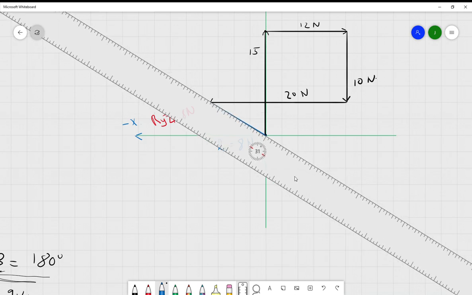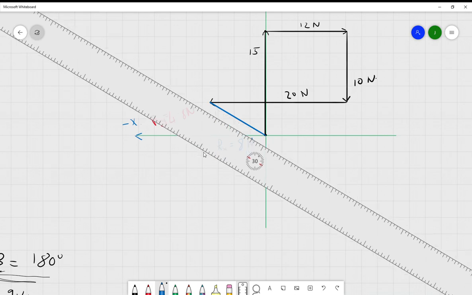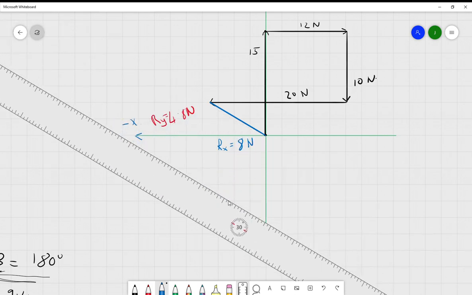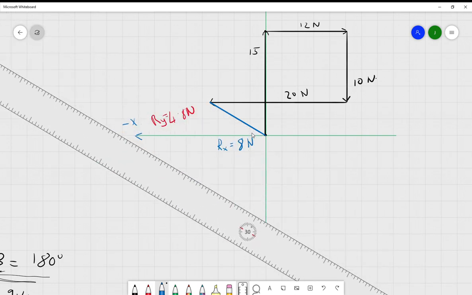Alright, so we did 30, didn't we? Right, so 4, 8, 9.4. So we got our resultant correct. Just in case you missed that, we'll go back again, and again the alpha is a little bit off. So 1, 2, 3, 4, 5, 6, 7, 8, 9, and there's the half mark, so just around 9.5, 9.4. So for correctness, we'll say that the resultant R equals 9.4